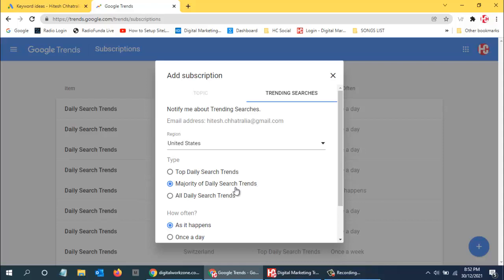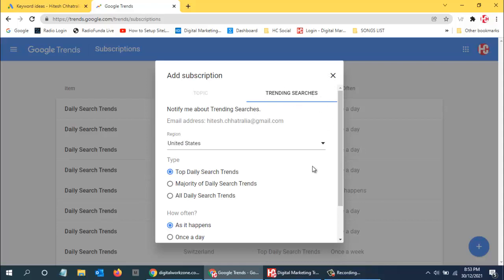But if I select all daily search trends, then Google will send you everything every day. They will not sort whether it is related to me or not. I don't want all these things. I want only the best results sorted by Google from United States for any trending searches happening on a particular day.